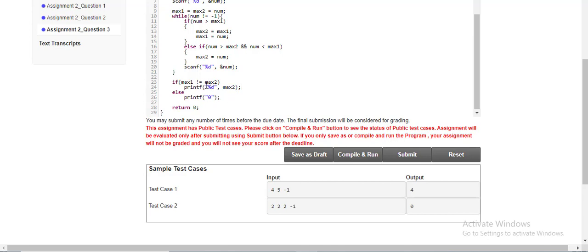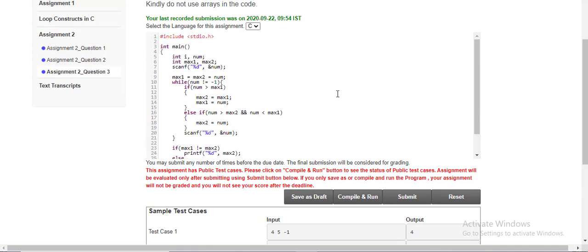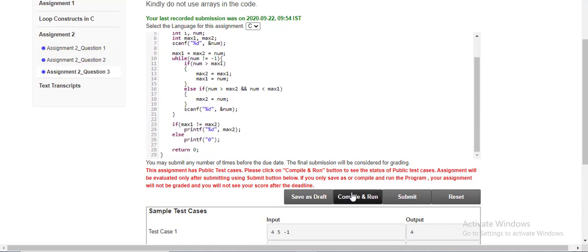If max1 and max2 are the same, then we can assume that max2 does not exist. In test case 2 you can see that max1 and max2 are the same, so we are printing 0. So here is the program, and let's compile and run.